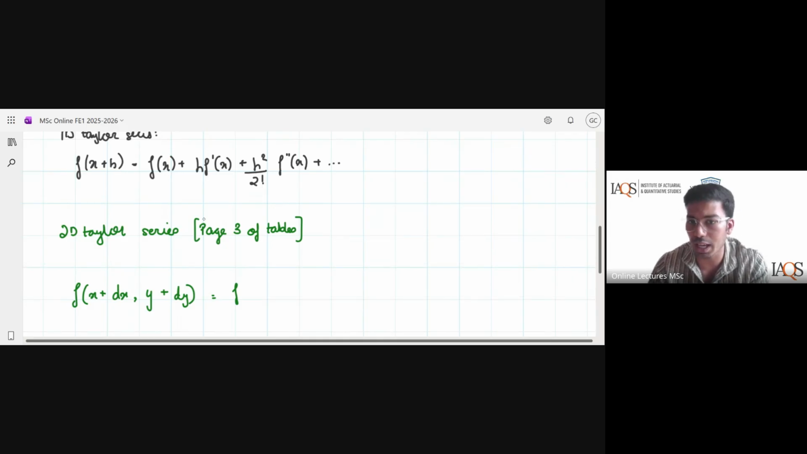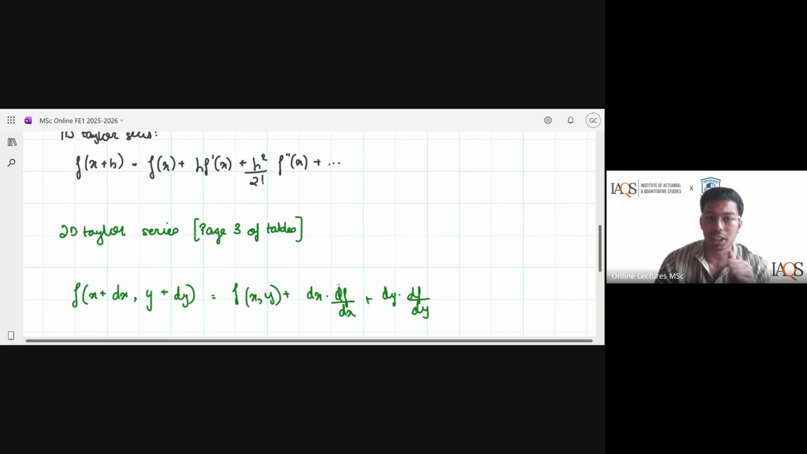First, I have f of x. So over here, I'll have f of x comma y. Then I have h f dash x. Here, I'll have dx into the derivative of the function with respect to x, plus, you take the other variable as well, dy into the derivative of the function with respect to y. You had f of x, here you have f of x comma y. Here you had h f dash x, but here I have two variables, so I'm taking both dx into d of f by dx plus dy into d of f by dy. Plus h square by 2